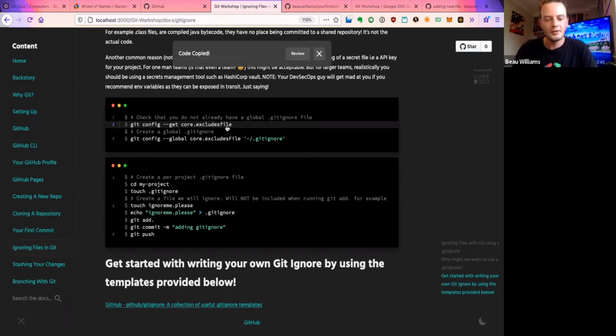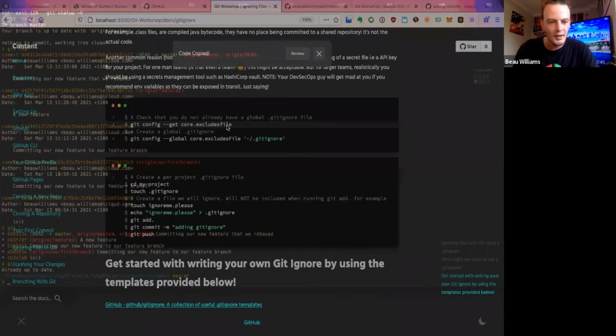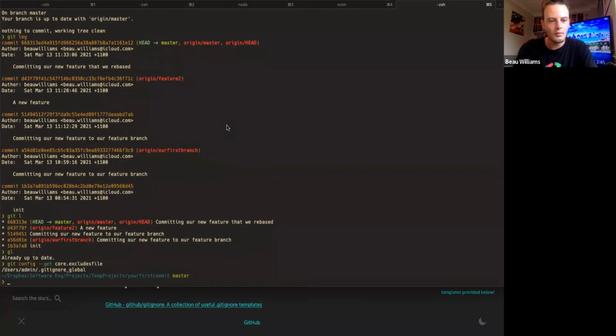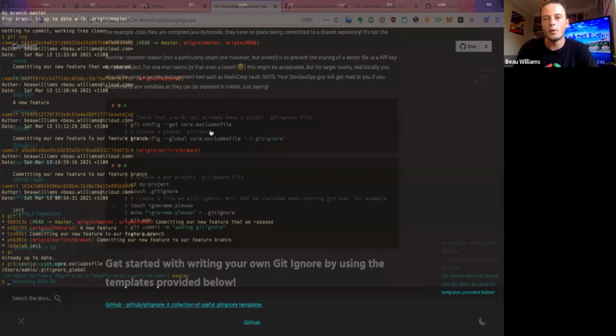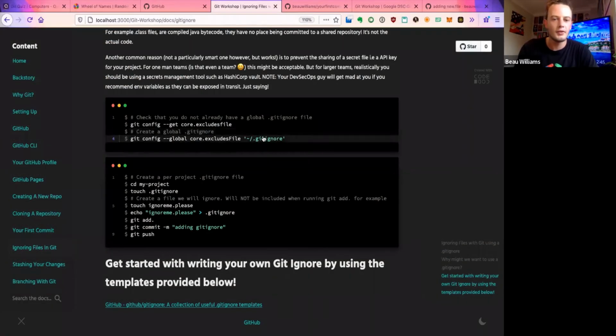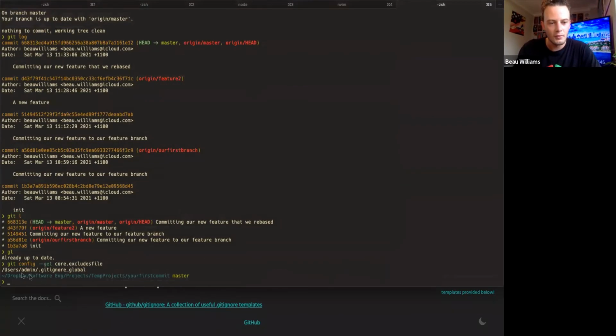So you can use a global .gitignore file to do that. And so we can actually see, I've actually got one set up. And typically on Windows, it'll go into this directory, or on many systems, it'll be automatically placed into .gitignore, which just sits directly in your home folder.